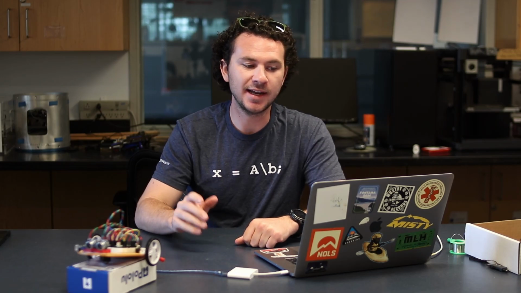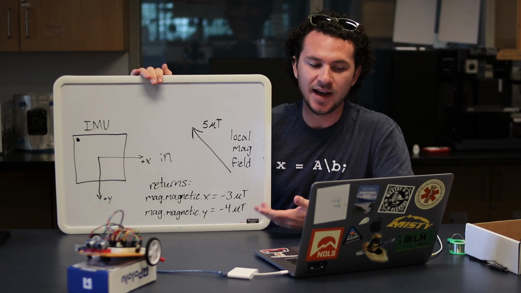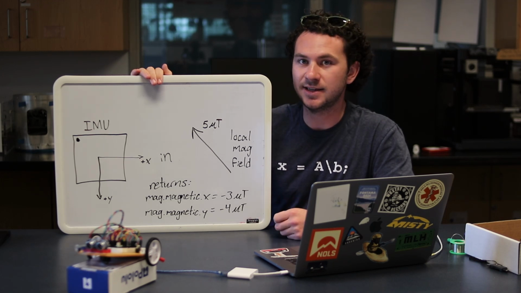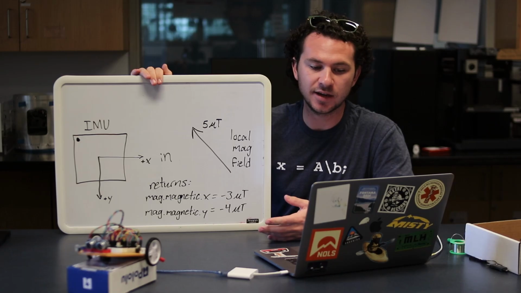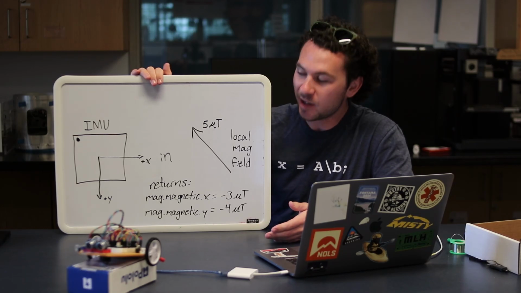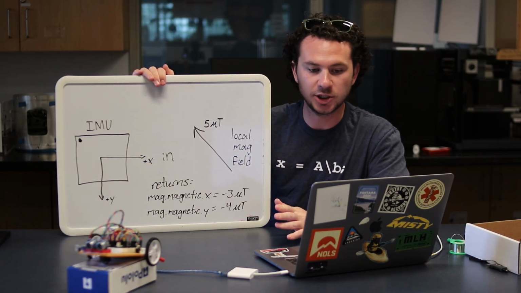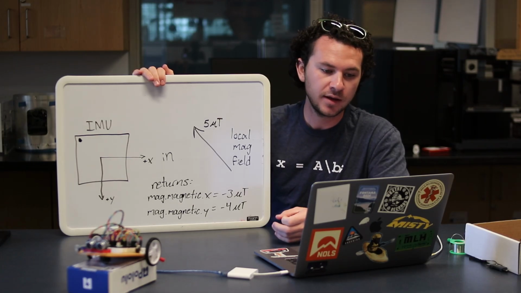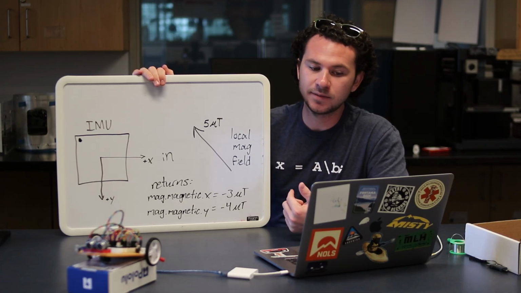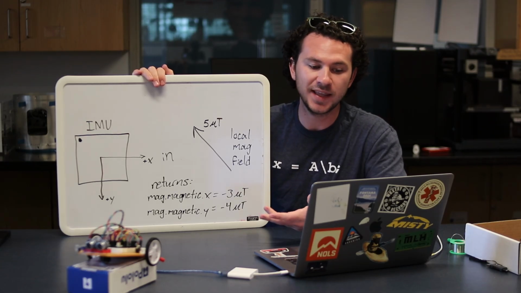Alright. Now that we have this data, we need to figure out a math equation we can plug our magnetometer data into, which will spit out our robot's angle. To do this, we need to consider what our magnetometer data means. Figure 13 in the ICM 20948 datasheet shows us the axes of the magnetometer compared to the housing of the chip. When looking from above, such that the dot on the ICM 20948 chip is in the top left corner, the x-axis points to the right, the y-axis points down, and the z-axis points away from you, into the page,